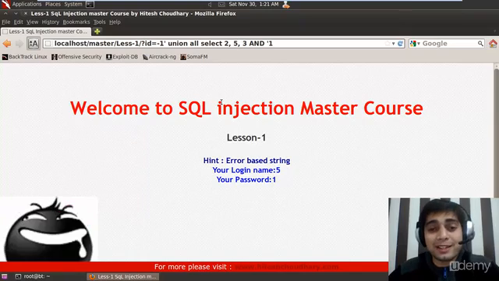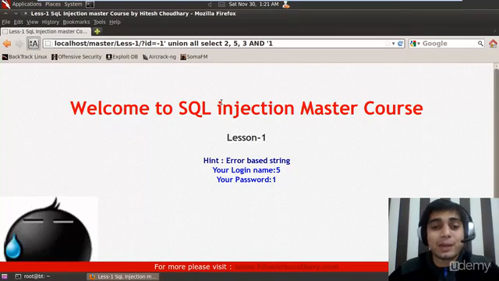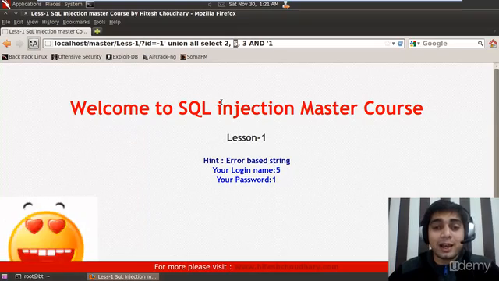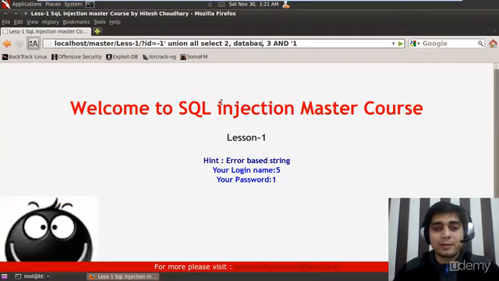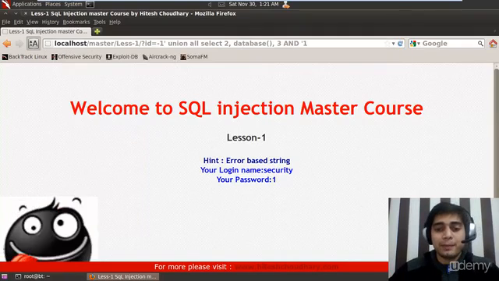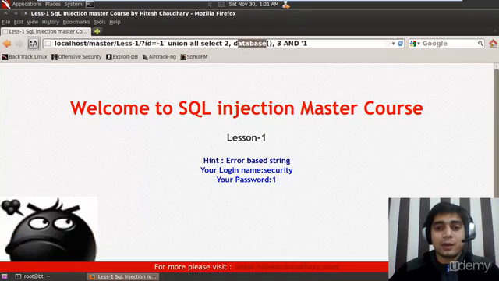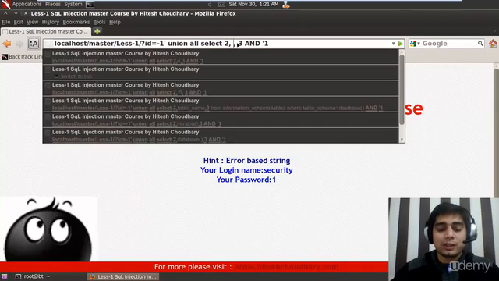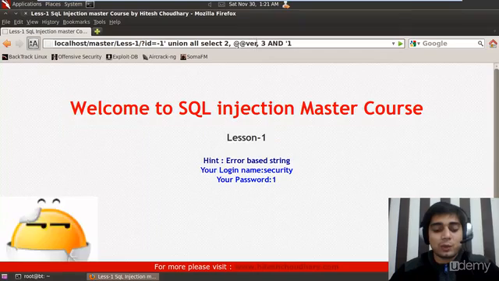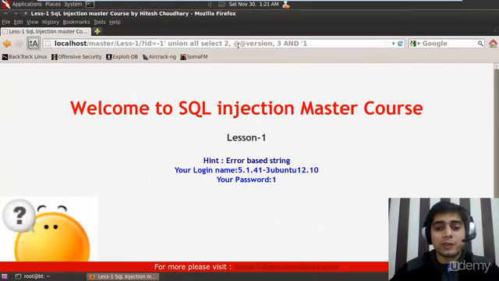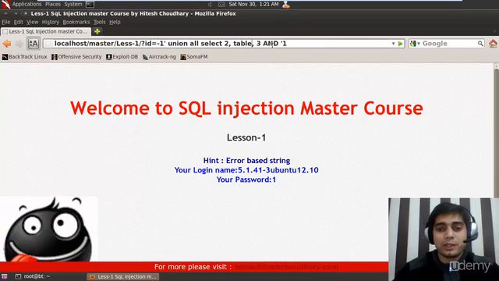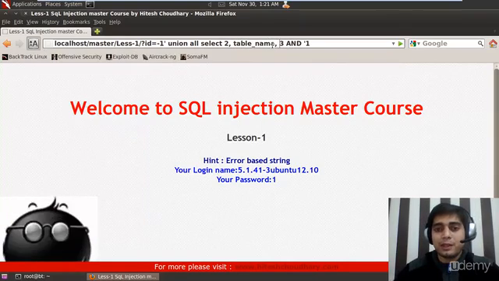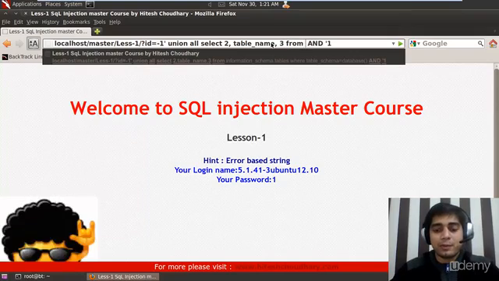Okay, so the important point here is that we have only one place where we can inject, that is this place at which the number 5 is written. So let us try to inject it with database. Database name, here it is, and I want the version as well. So I can proceed with @@version, or I can simply use the version function. It's the same thing. Now next I can go with table_name, and after 3 I can write from